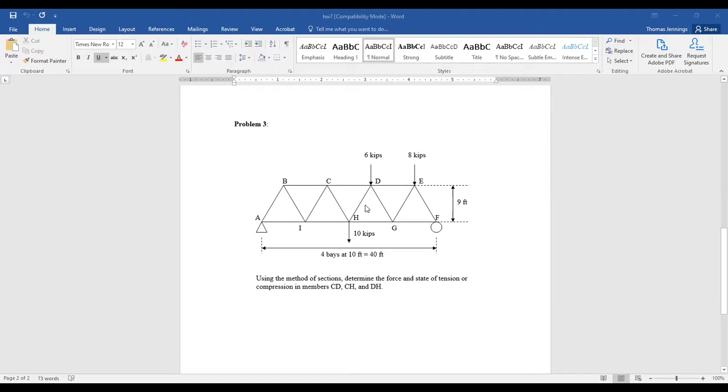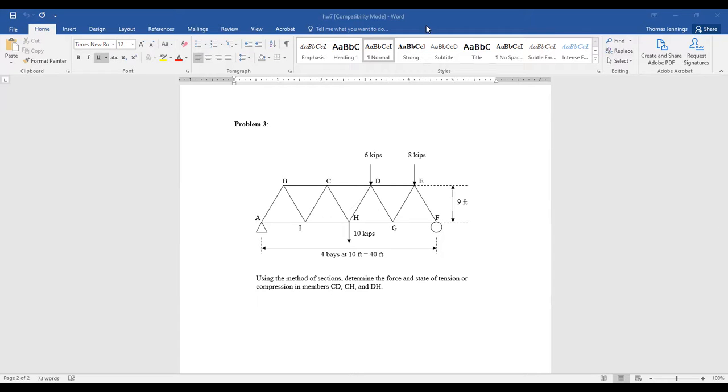We've got a 6 kip load at D. We've got an 8 kip load at E. We've got a 10 kip load hanging in the middle at H. And we've got some geometry. We've got 9 feet for our height and 4 bays at 10 feet each. And let's see, A, B, C, D, E, F, G,